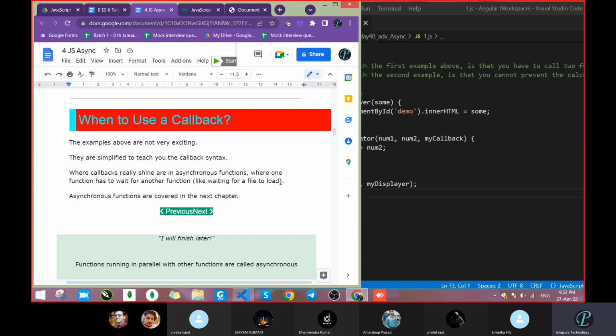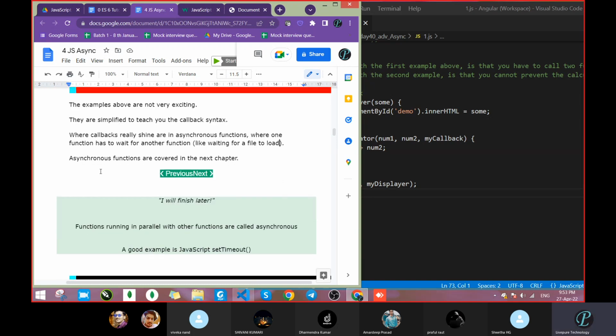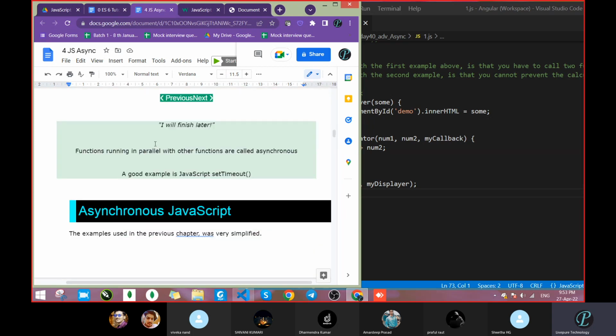Once you get the message that the file uploaded successfully, only then you move to the next thing. Correct? So the same thing: we use the callback in the scenario where we have to wait. Asynchronous functions are covered in the next chapter. So what is asynchronous? I will finish later.